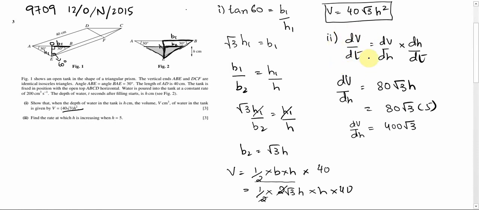It's already given in the question, 200 centimeter cube per second. So I'm going to replace dV by dt with 200. So 200 is equal to 400 root 3 into dh by dt, which will give you